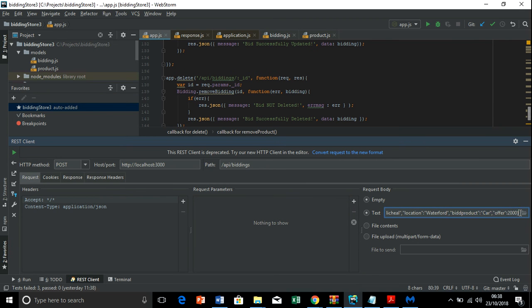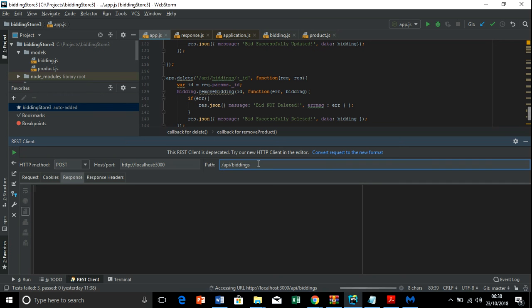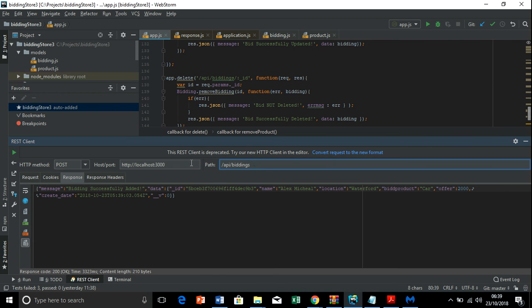Yes, so let's try to add it and see whether it will go. I'm adding this bidding now. Let's wait. Yes, as you can see at the bottom, bidding successfully added, and here is the ID that was created. Here is the name, location Waterford, bid product car, as you can see over there.